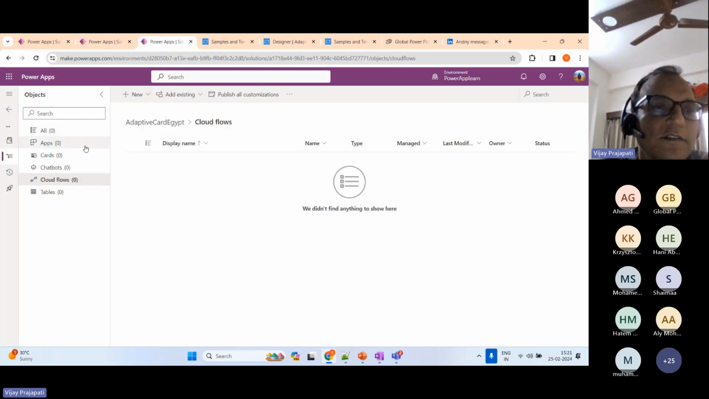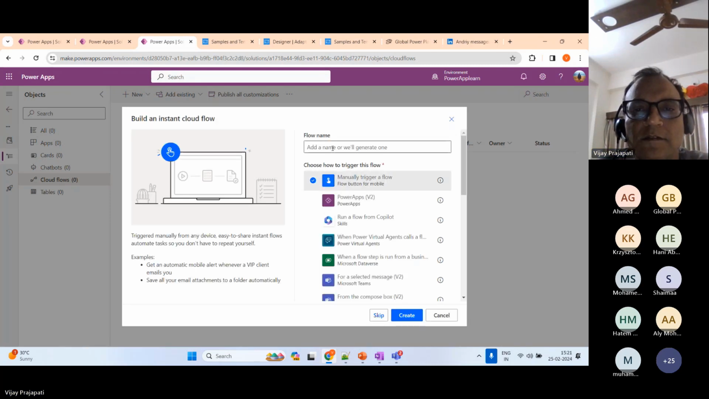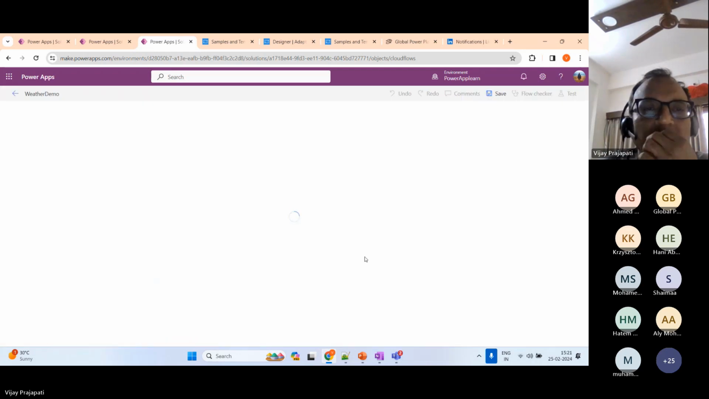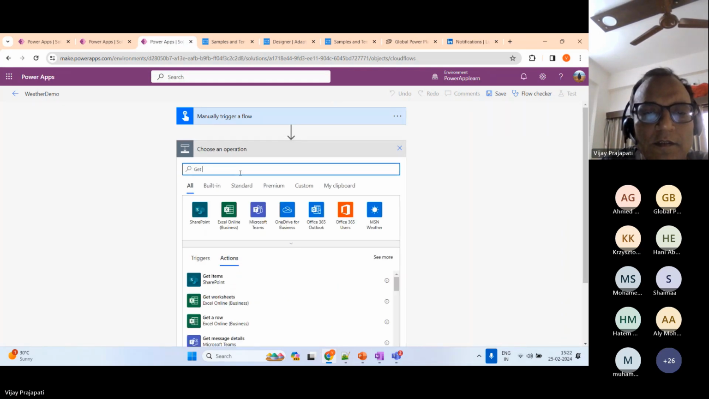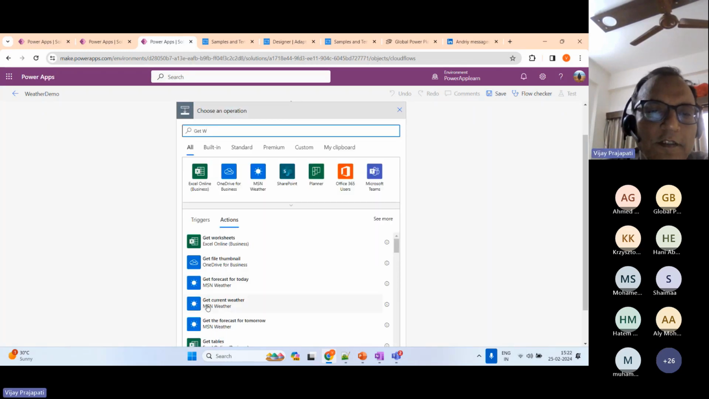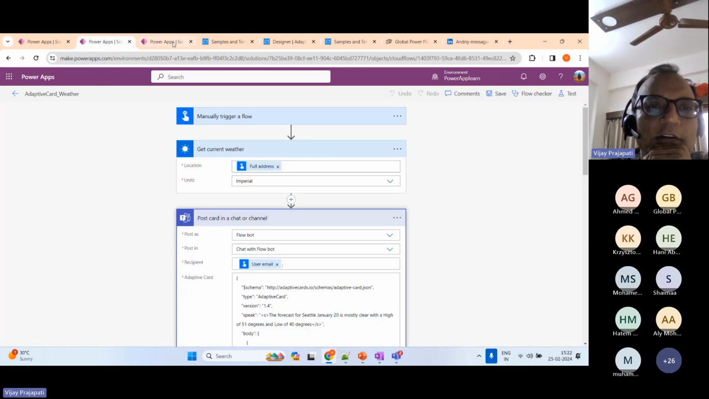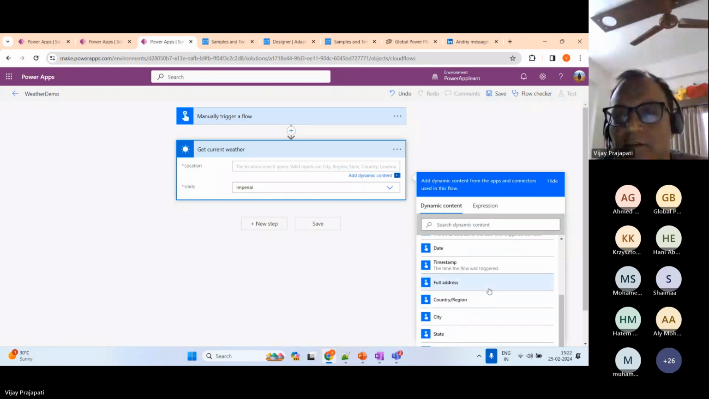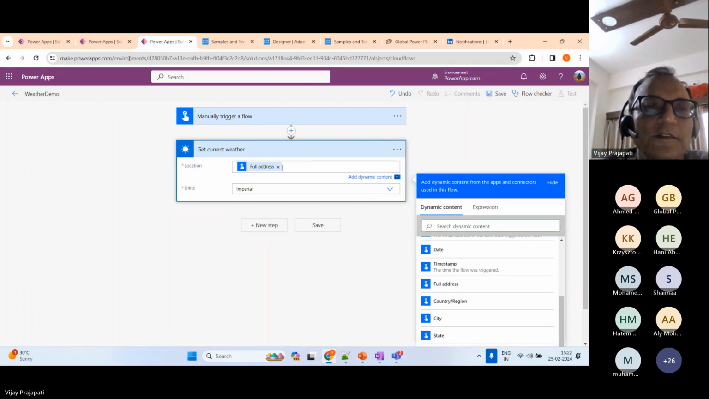So I am going over here and I create one instant flow. Now I need the weather details. We just get the current weather. It will give the weather hour. And I need the location to be dynamic, whatever the full address is of whoever triggers the flow. We need the full address of that person over here. And now I have the weather detail with me,